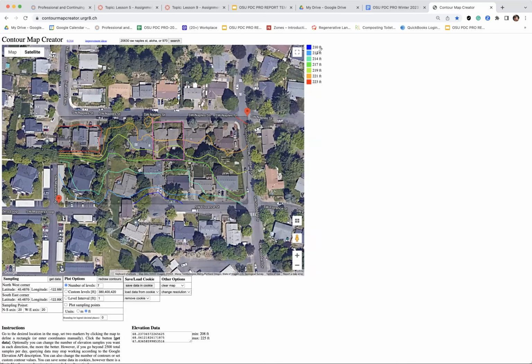Based on our legend on the right, red being high, blue being low. So if we start at the bottom, and we head on an uphill, it looks like right there, on that side. So that's one side of the boundary. If we go over here and we're going up,